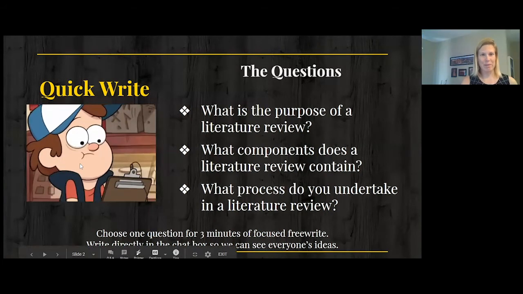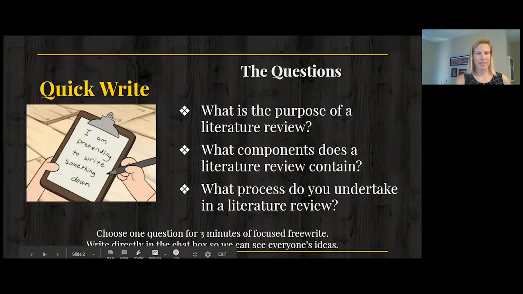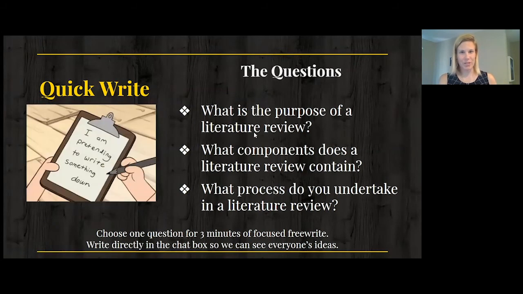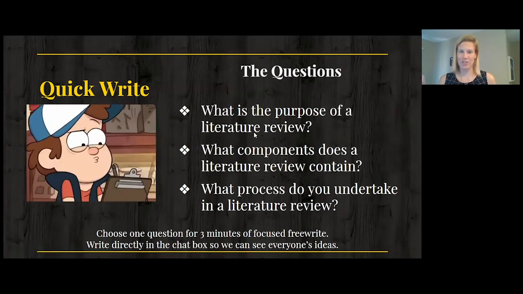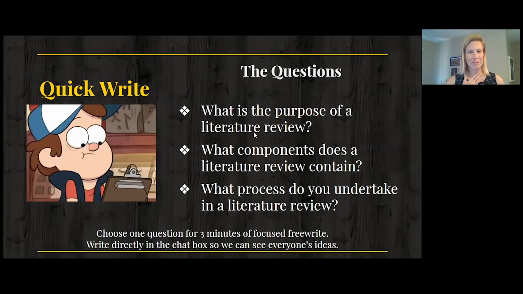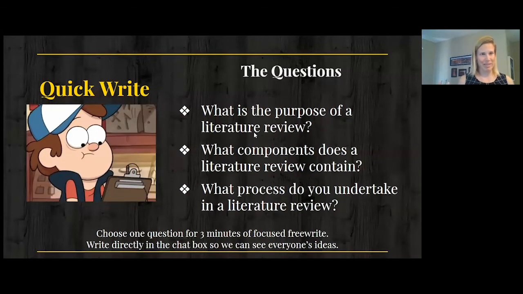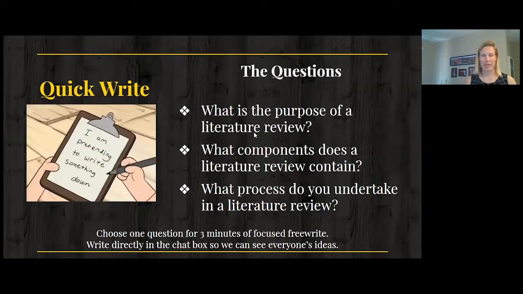So I liked what you said about the verbs, about explaining and summarizing. I saw that a fair amount. I also noticed that many people answered the first question, possibly just because it is the first question, but it didn't seem like as many people were interested in talking about the process. So I think maybe that's something that we can focus on while we're going into this.